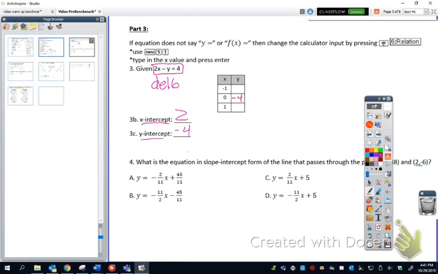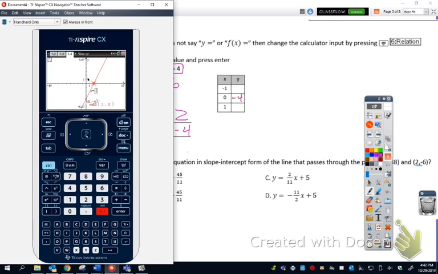Okay, so this is 2. And then to find those values, negative 1 and 1, I can type in negative 1. Negative 1 goes with negative 6. And then I can type in positive 1. And positive 1 goes with negative 2. So you're just going to have to maximize and use